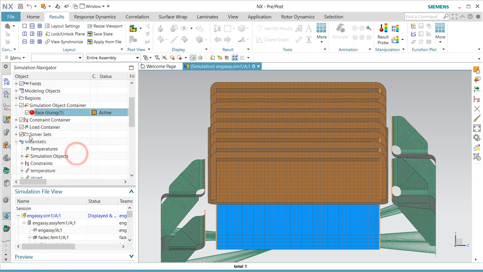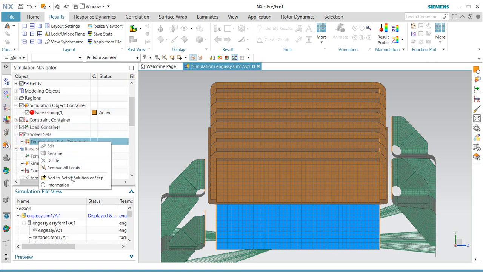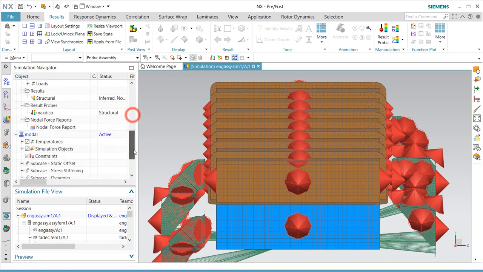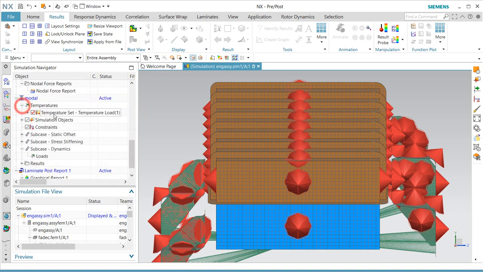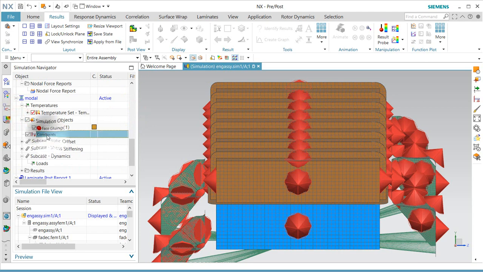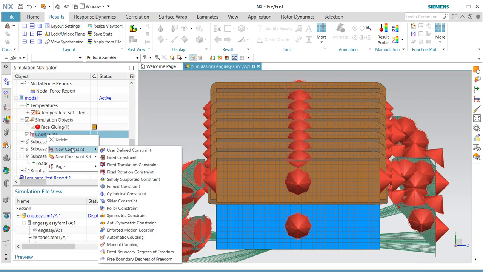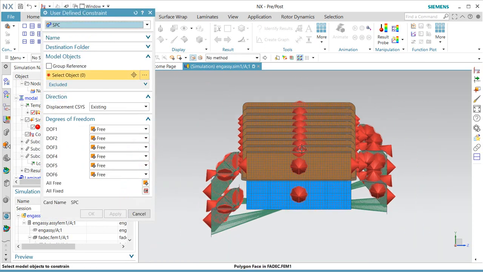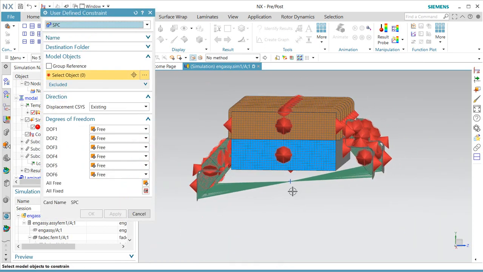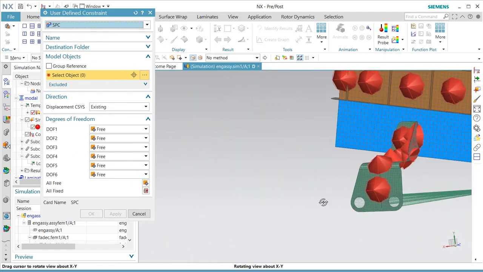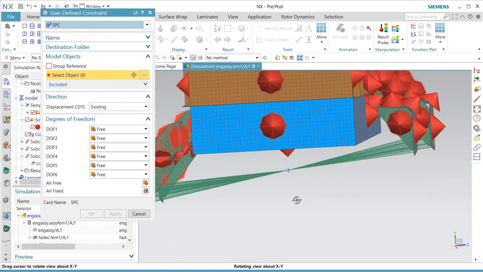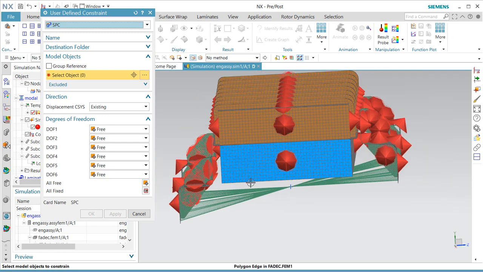So we'll drag our face, or actually add our face glue and temperature definition from our linear static run into our modal solution, so we don't have to specify that again. We'll just bring it right in. But for our constraints, we don't want a fixed constraint on that central node. What we want is first a user-defined constraint, which will constrain all degrees of freedom at that central node that attaches all of the brackets,